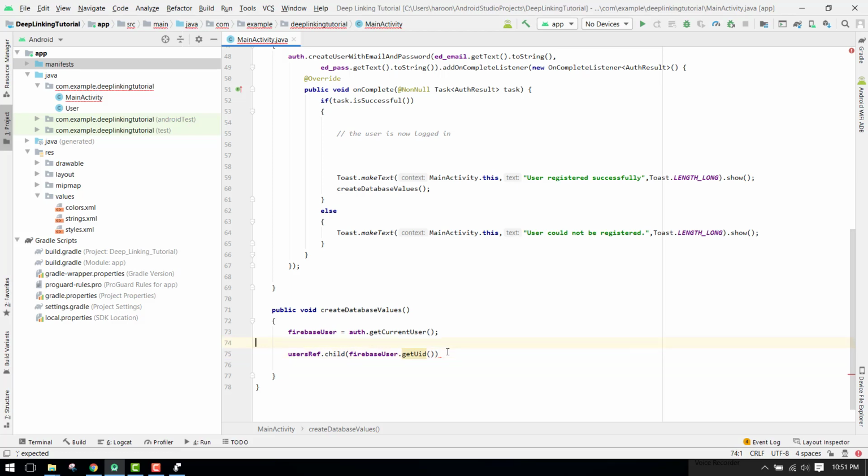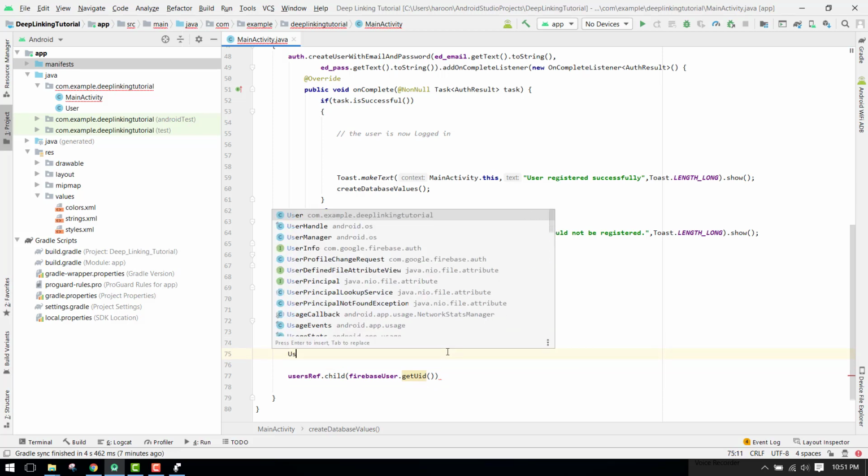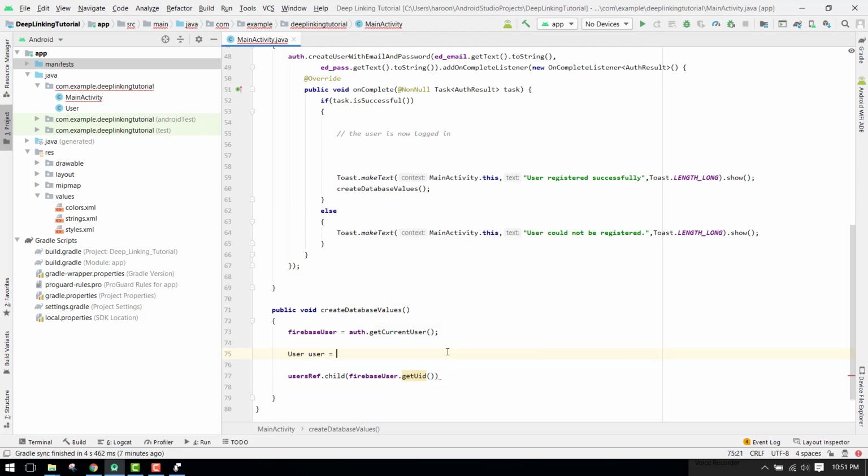So before this we can create an object. So here we can say user. Okay, so we create a new class user equal to new user, and inside this we can pass the four values. So first of all we have email, then password, then address and age. So for the email we can say ed.getText, or I make it very easy for you. So here we can say string email equal to ed email dot get text dot to string, then we have